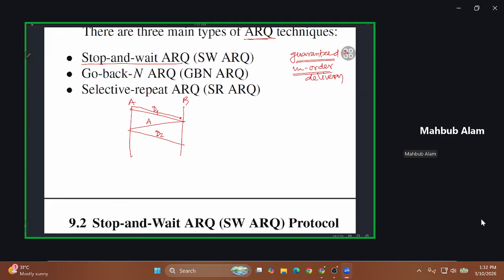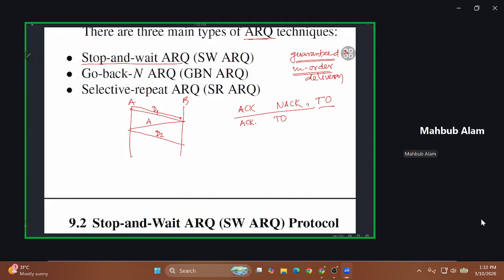Now, some systems use acknowledgement and negative acknowledgement both. Some systems use acknowledgement and timeout. The timeout is also required here because both ACK and NACK can be corrupted. Then the sender will be waiting for the ACK or NACK, while the receiver has already sent it, so there will be an infinite loop. So what happens? A timeout is there. If it times out, then the sender transmits the previous packet.